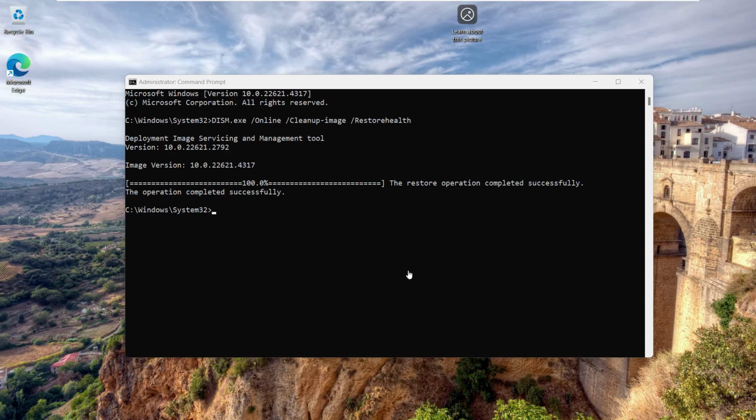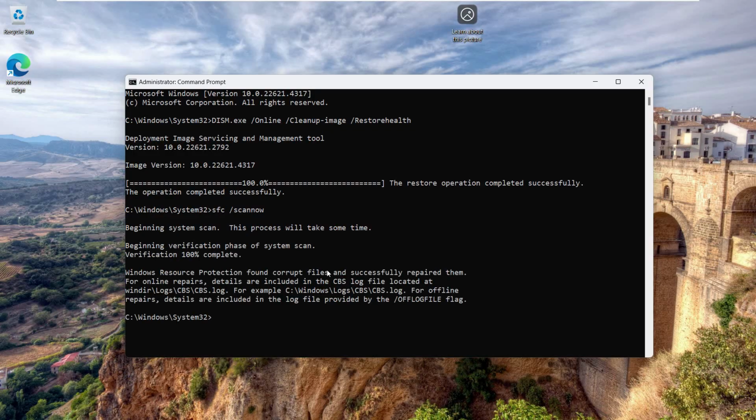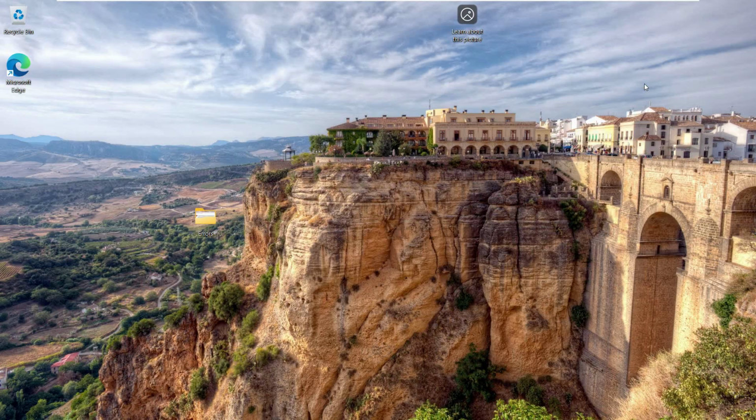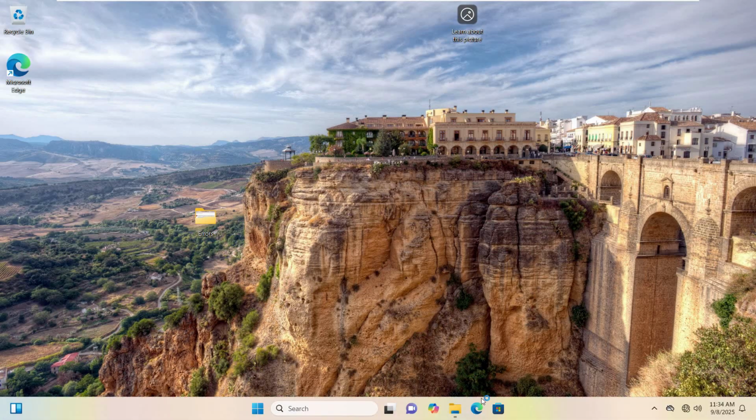You can go to the description and just copy and paste the second command. Hit enter. It will again begin the system scan. This process will take some time, so just sit back and relax again. And once that is completed, just close out of here and go to your favorite browser, whatever you have,